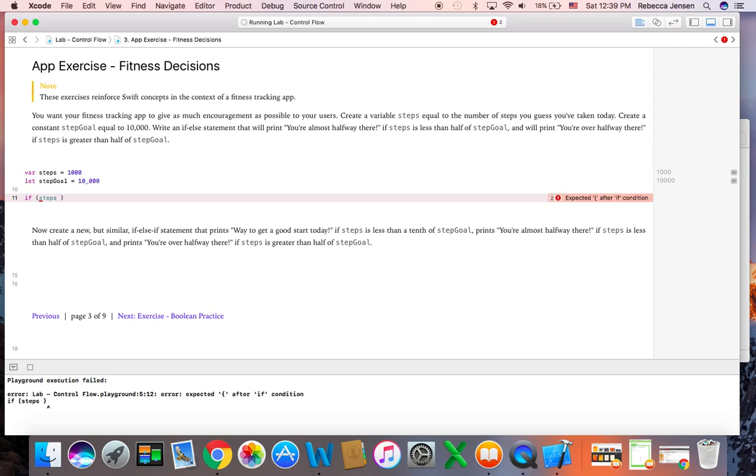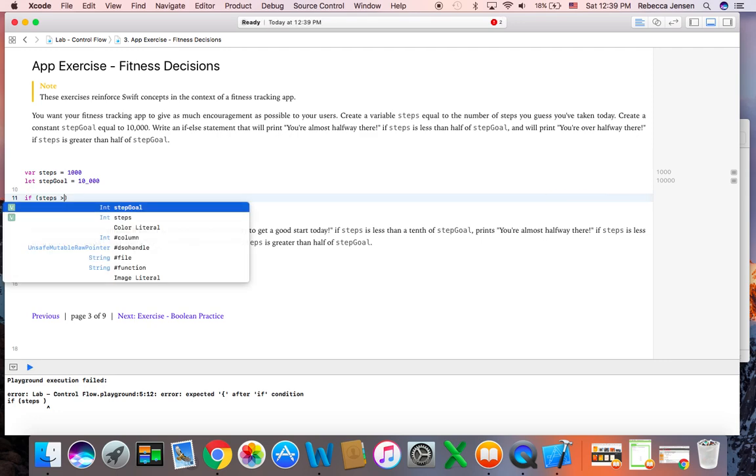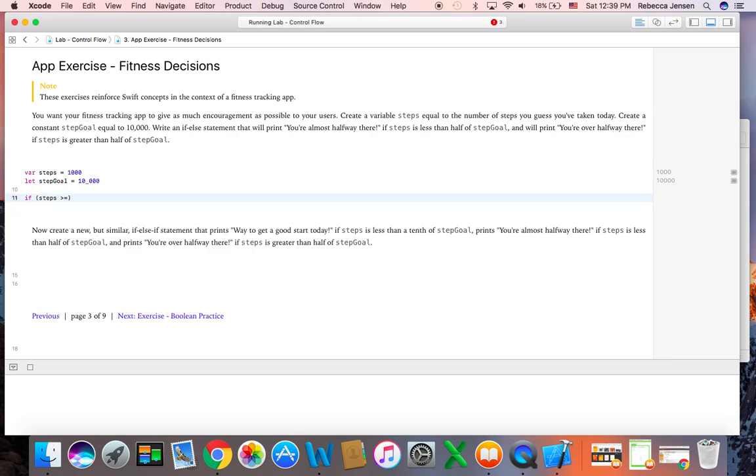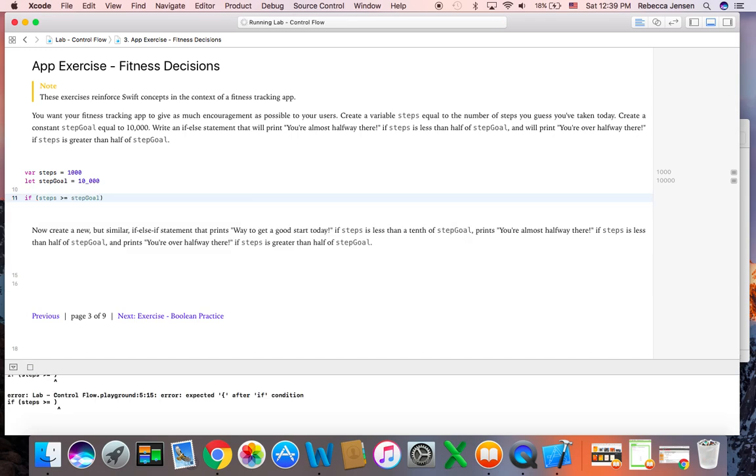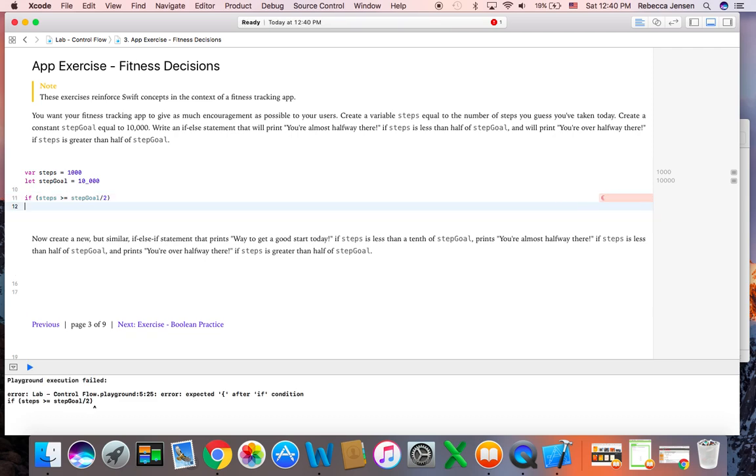So if the steps is, doesn't matter which one you start with. I'm going to start with greater than or equal to less than half of the step goal. Yeah, greater than or equal to step goal divided by 2. So step goal is 10,000. If this is 5,000, if my steps is greater than or equal to 5,000, I'm going to print